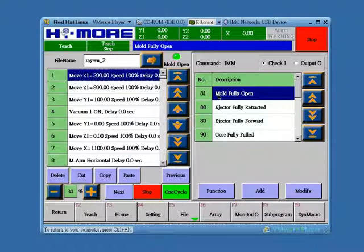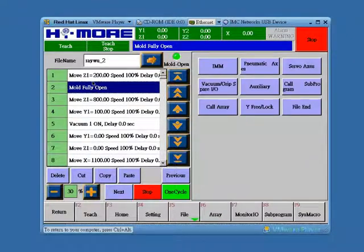So now we want to add a mold fully open behind the Prestage. So let's do the add. Now we have Z1 goes to 200 Prestage position and then mold fully open. So now we have finished the